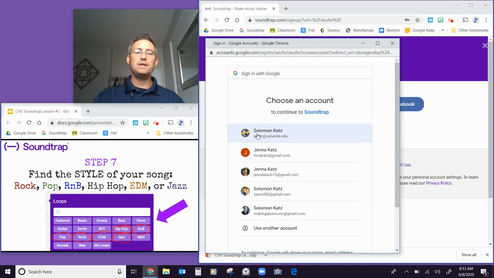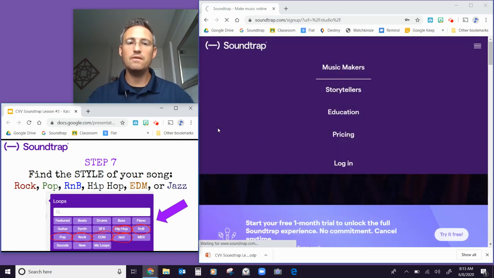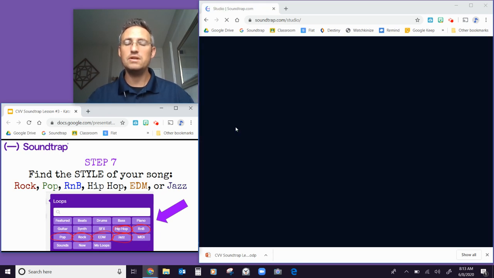Now, that being said, you could have multiple styles of loops in your song. This is just a way of being able to sift through the different loops quickly, so